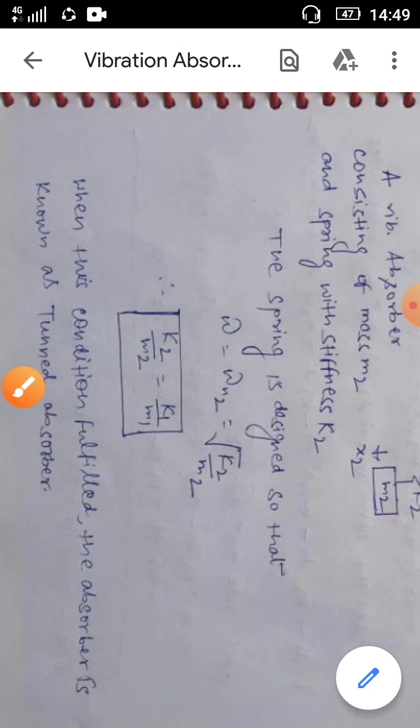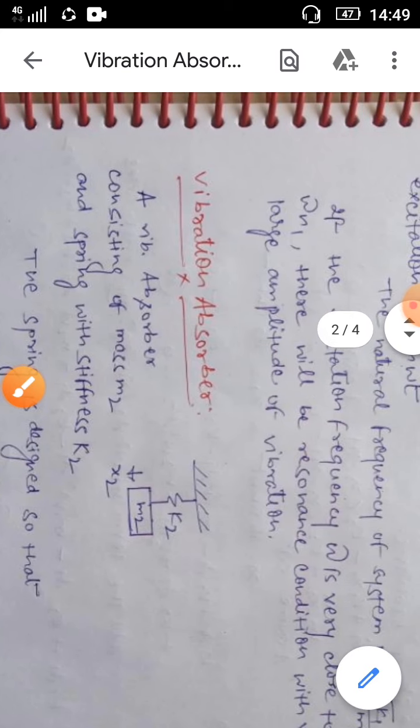So we can say that we are going to design such a type of absorber which has a frequency nearly equal to our main system frequency, because we already design for the extreme situation. It means that we know the system runs at 24,000 rpm, suppose. So we design for 24,000 rpm, and our running condition is like below the